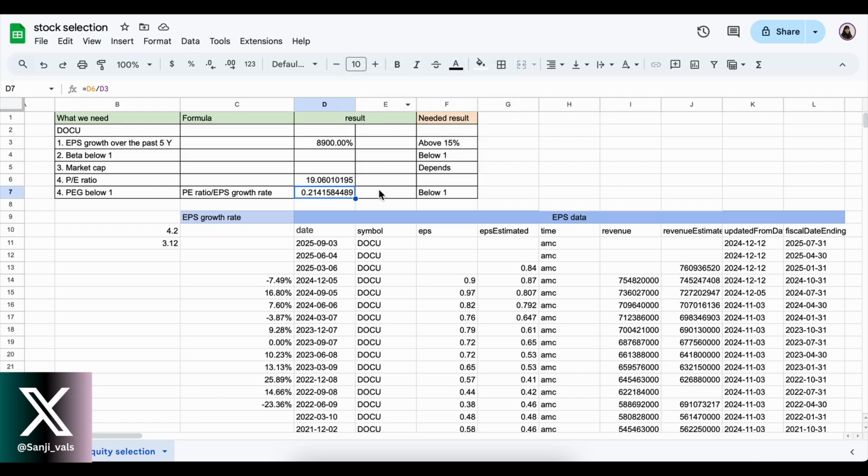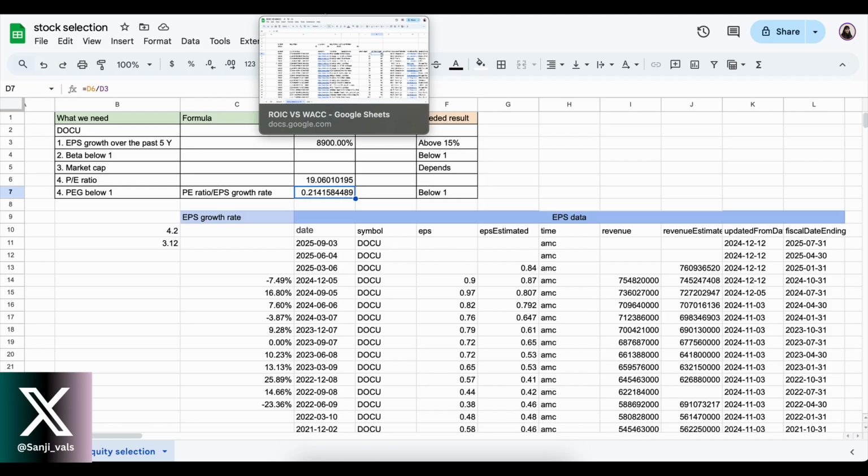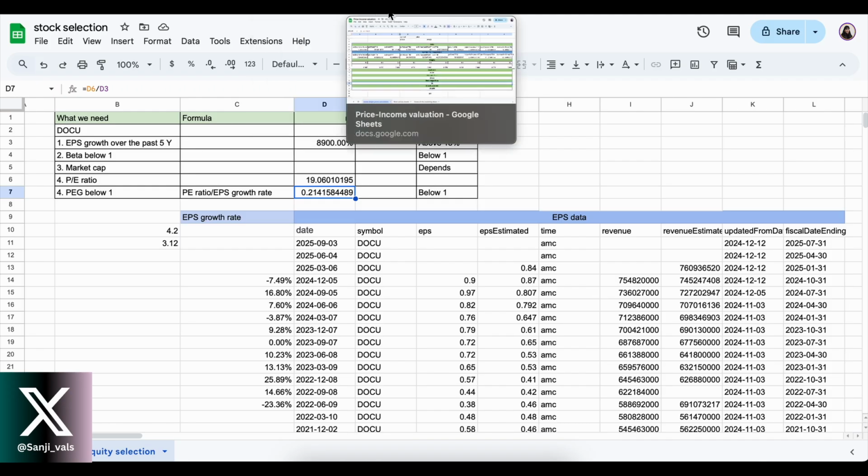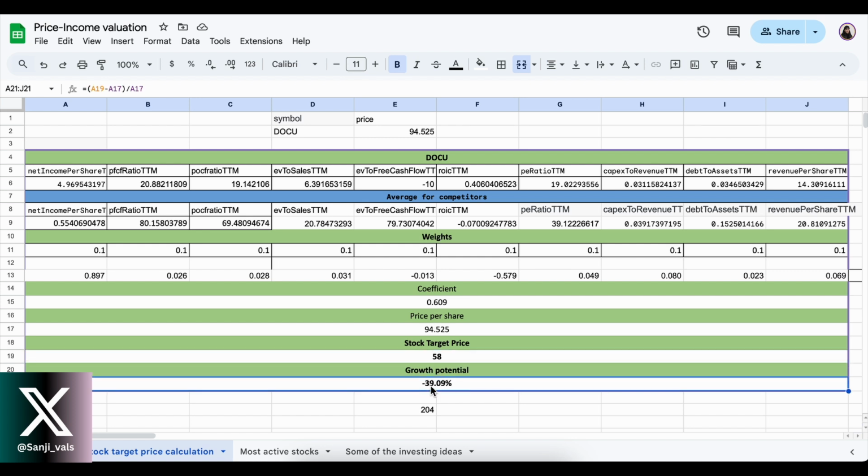So ideally, the stock that you're looking for should have a lower PEG ratio. Ideally, it should be between 0.3 and 0.8. That's the ideal scenario. And then it should have a growth potential of higher than 15% based on your model. So this would be the perfect ideal case, and you should spend a lot of time, probably a few days, maybe a week, searching for stocks from